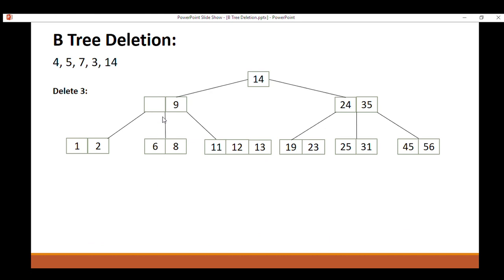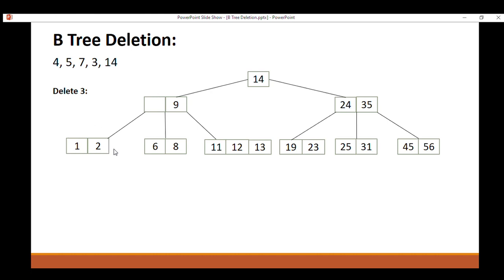The next step we have to perform here is to fill this vacant space due to the deletion of 3. We will look for the in-order predecessor, and in case of unavailability of a predecessor, we look for the in-order successor, and in case both of these cases are not applicable, we will have to implement the third case. So first of all, we will see whether we can move the value as a predecessor one level up or not. For the predecessor we have to move to the left side,